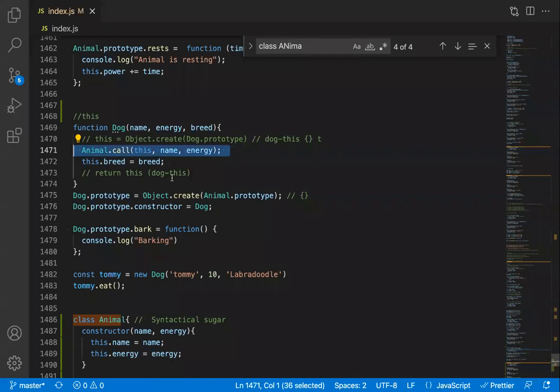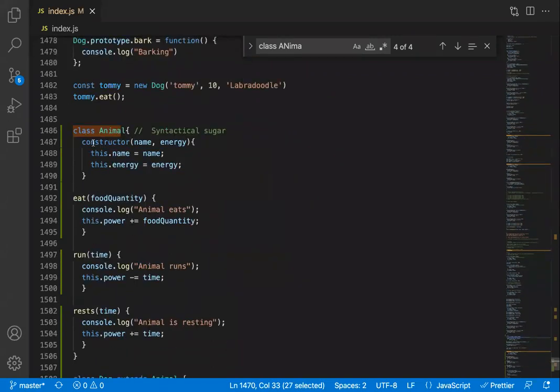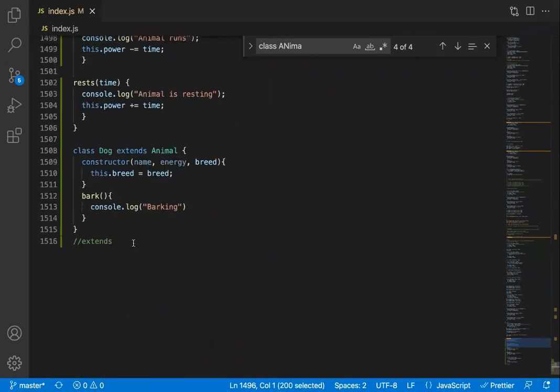And these properties got attached to the dog's this, right? Then what I've done here is I have created an animal class and I've created a dog class, right? When I say extends animal here,